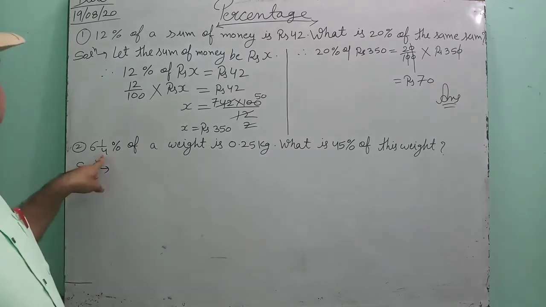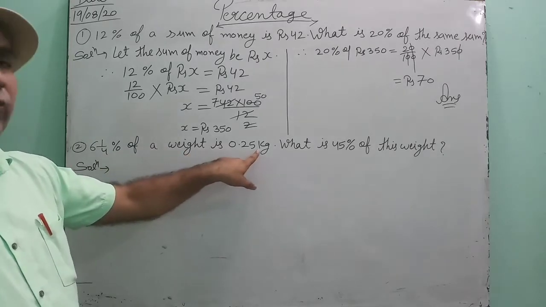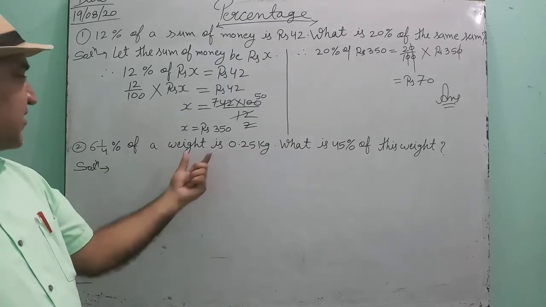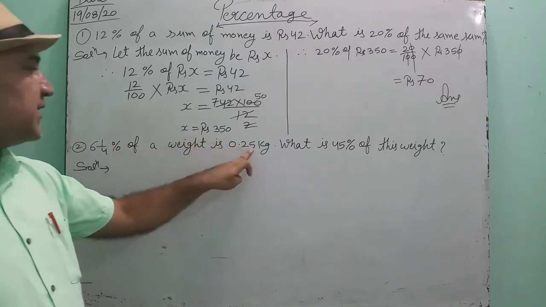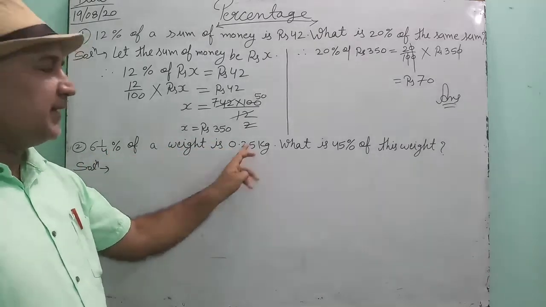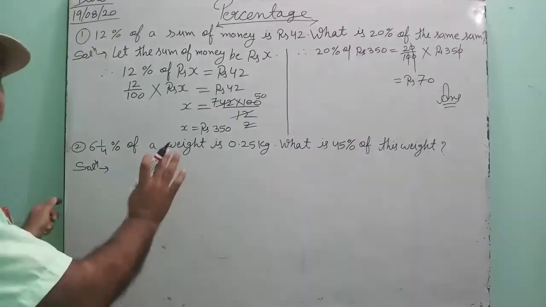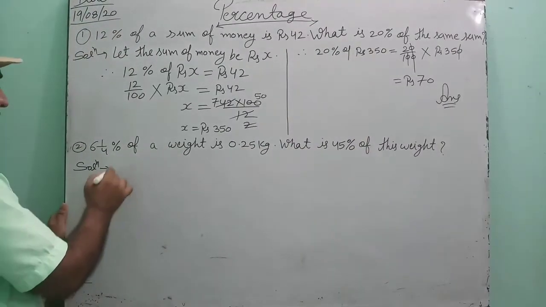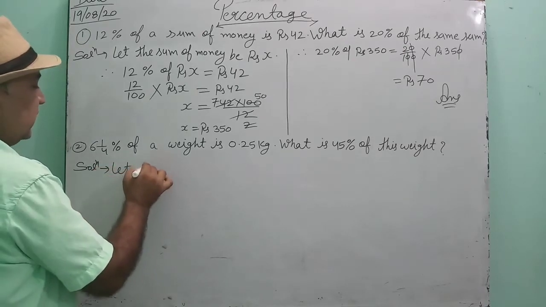The question is: 6 1/4% of a weight is 0.25 kg. A certain weight is there of which 6 1/4% is 0.25 kg. Then what is 45% of this weight? The method is the same to solve this question. See how to solve. First you will suppose, let